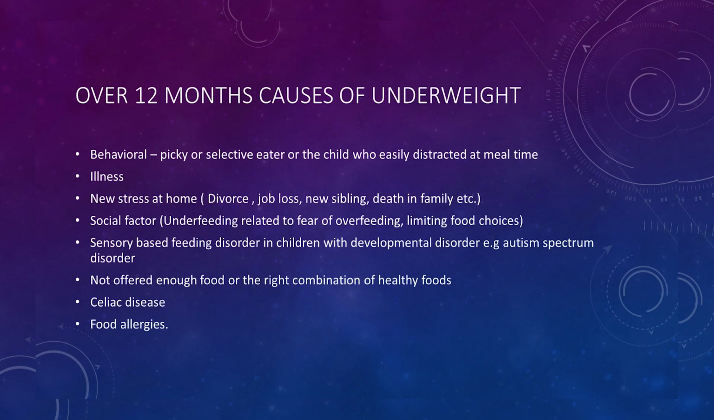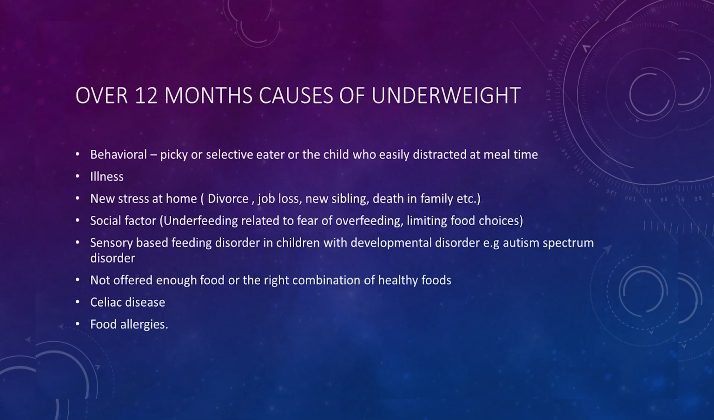Then a sensory-based feeding disorder in children with a developmental disorder, for example autism spectrum disorder, or not being offered enough food or the right combination of healthy food. We have already discussed this: not being offered enough food or the right combination of healthy food causes undernutrition in this group of children. Then celiac disease and food allergies also affect this age group and may cause malnutrition and underweight